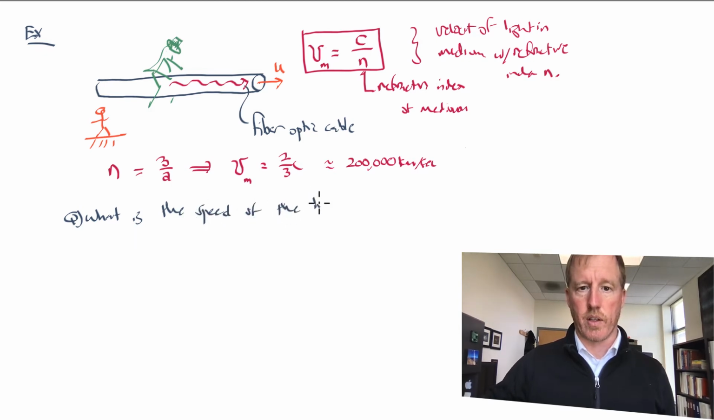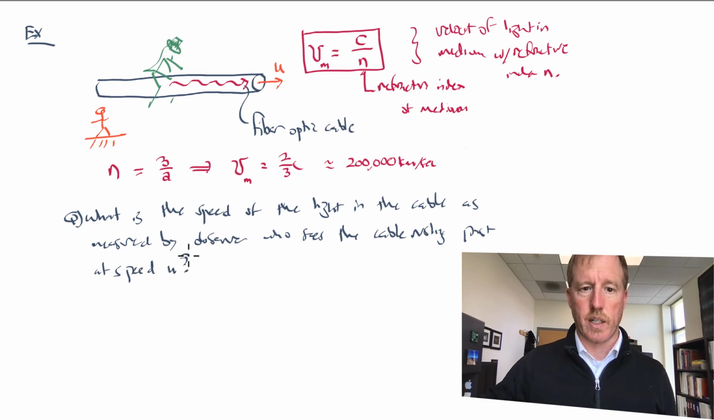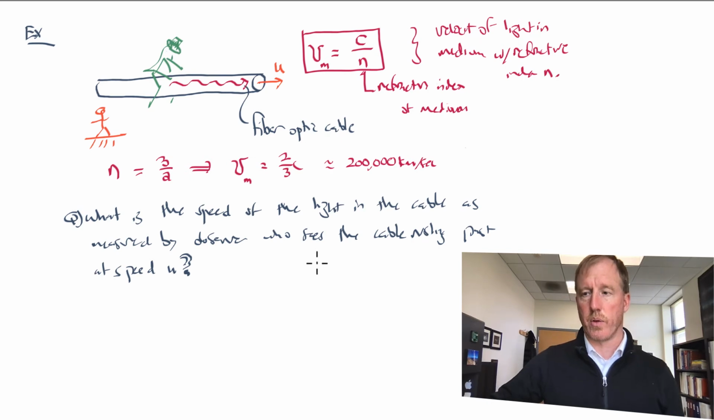What is the speed of the light in the cable as measured by the observer who sees the cable rushing past at speed u? Okay, this might seem like a little bit of a fanciful example, but Einstein was considering an